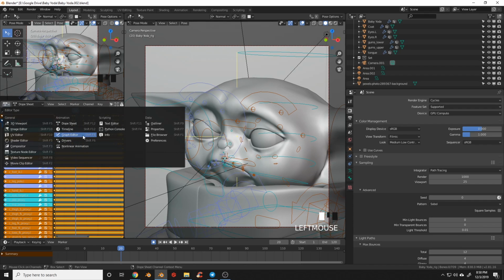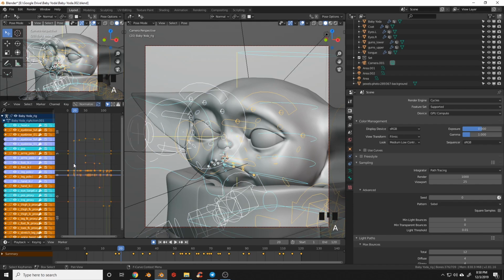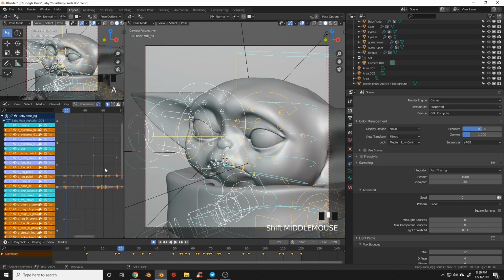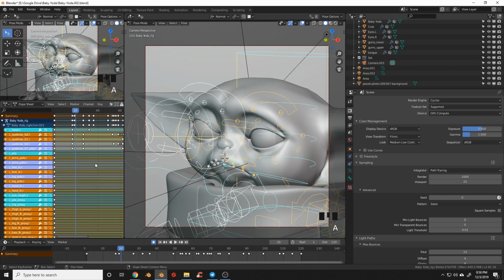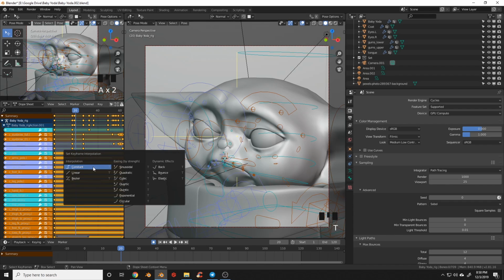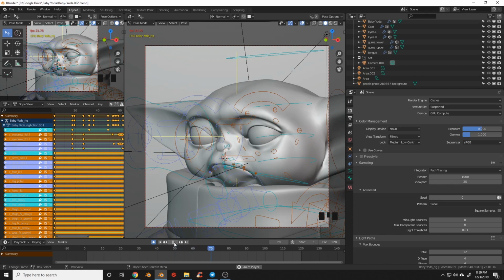And if we go over to the graph editor, you can see exactly what that's doing. Just zoom in there. You can see that there is no interpolation, that it goes from one keyframe and then it just jumps to the next. So let's go back to our dope sheet. And what we're going to do is set everything to constant, and then we're going to play this animation back. And we can see our keyframes and our main poses here.